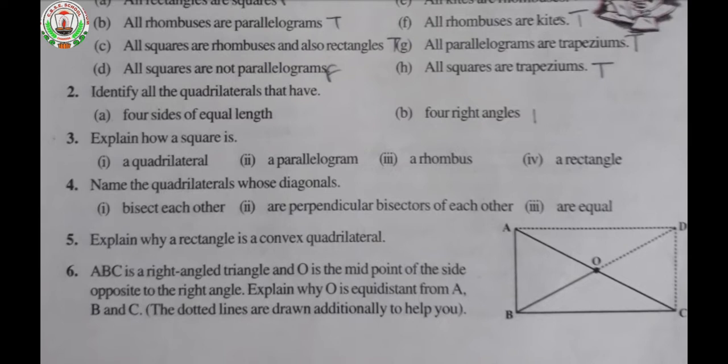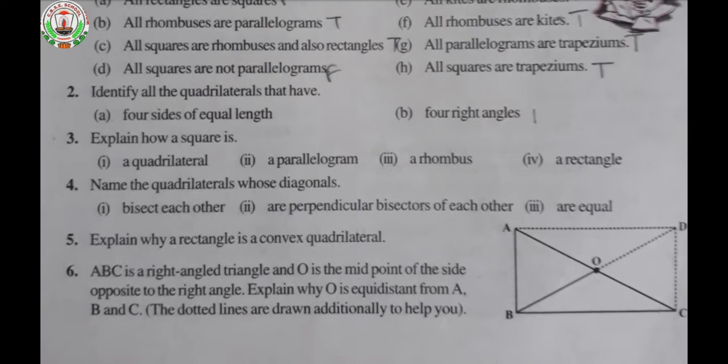Okay, so here is a right angle triangle. The dotted lines are drawn, that means AD is joined and CD is also joined with a dotted line, as well as OD. While joining the figure, we can easily see that it is a rectangle, isn't it? The rectangle has opposite sides parallel, and the opposite sides have equal measures. What are the two diagonals of this rectangle? One diagonal is AC and the second is BD, where the diagonals intersect at O.